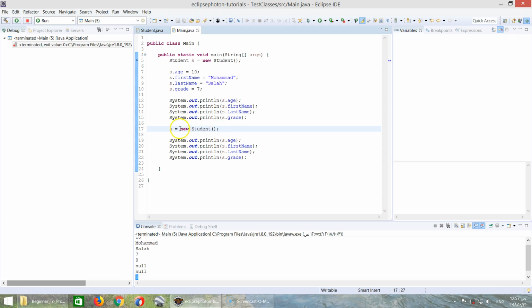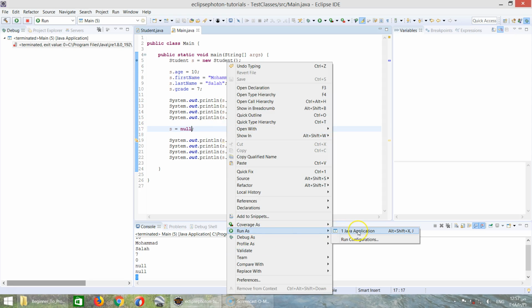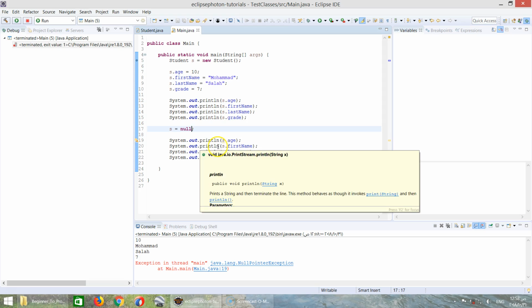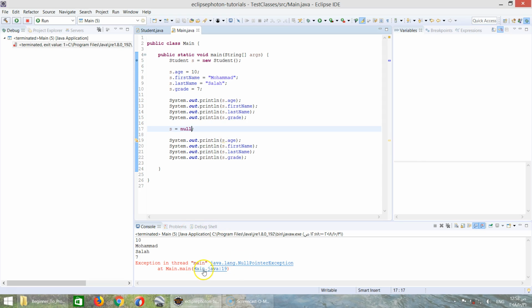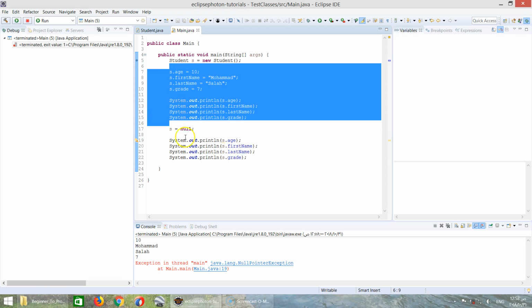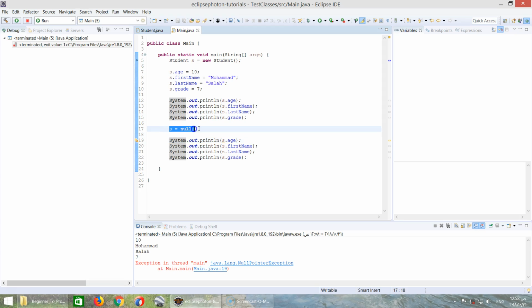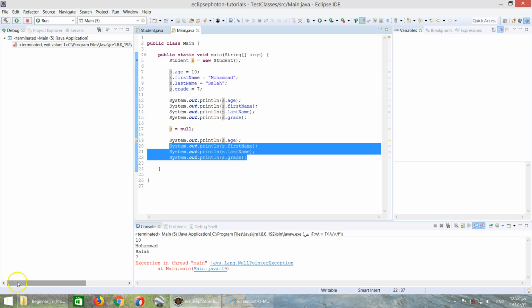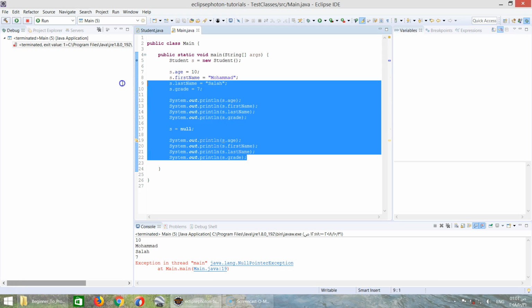What if we set S to null in this line? Let's run and see. As expected, it output a null pointer exception, but in line 19, this line, not in those lines. That's because after this line S is assigned null, and in this line we tried to access the attribute of this null variable, so it output a null pointer exception at this line, and the program exited and did not continue executing the remaining commands. Okay, let's remove those lines